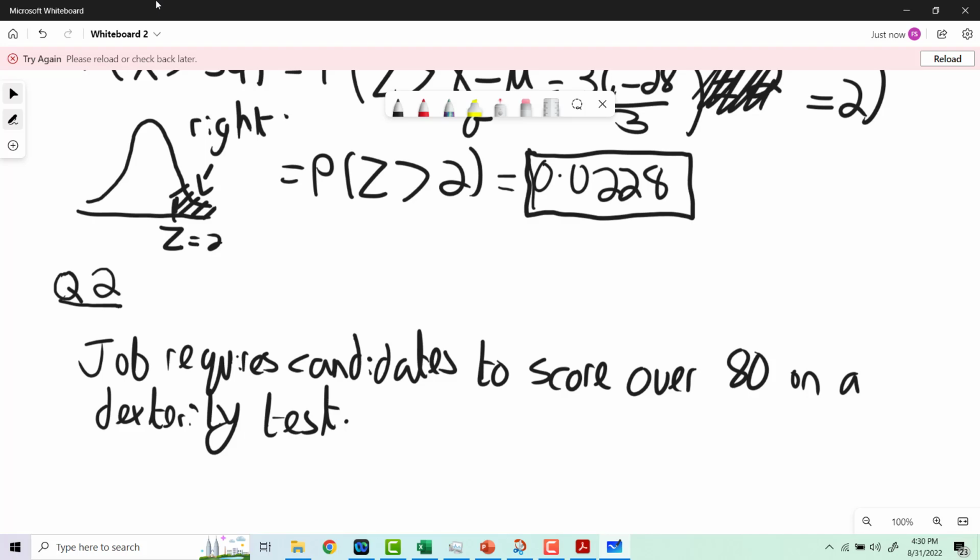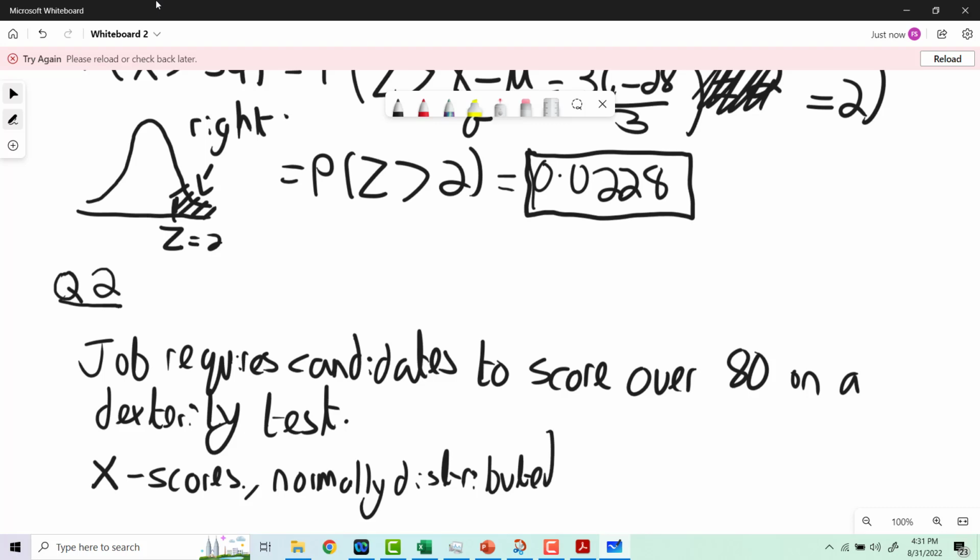And so we're going to say X is normally distributed. So the random variable X, candidate scores, are normally distributed, and there's a mean of 75 and a standard deviation of 7.5. We could actually write it like this. We'd say X squiggle N, and 75,